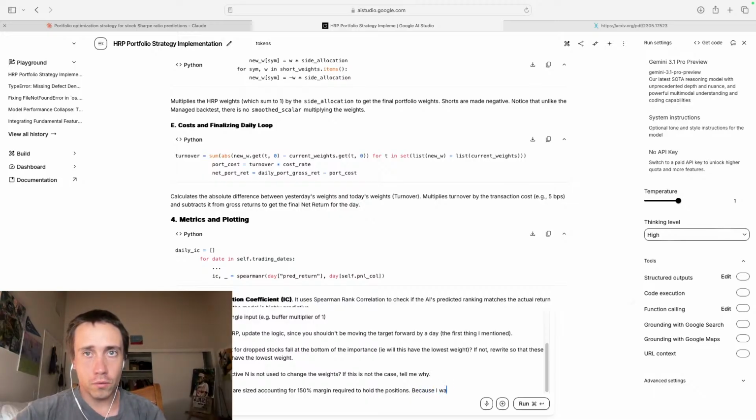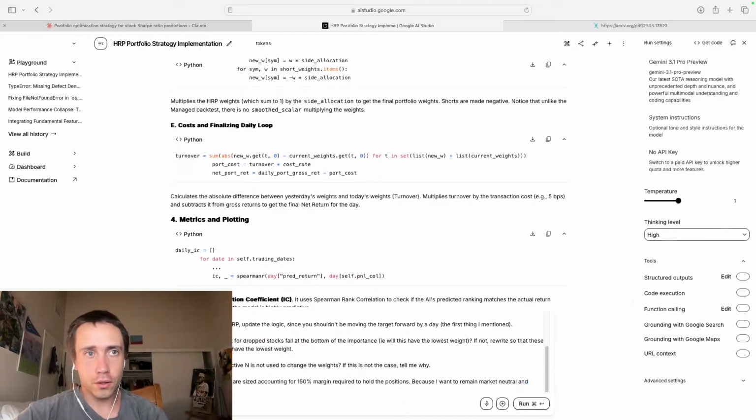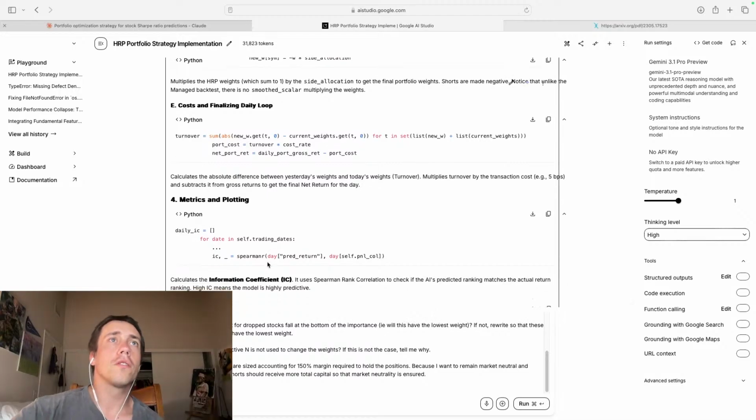Because I want to remain market neutral and account for this, the shorts should receive more total capital so that market neutrality is ensured. More specifically,